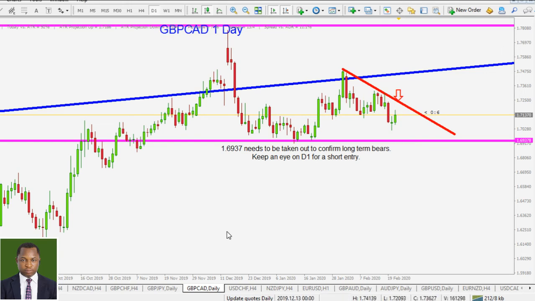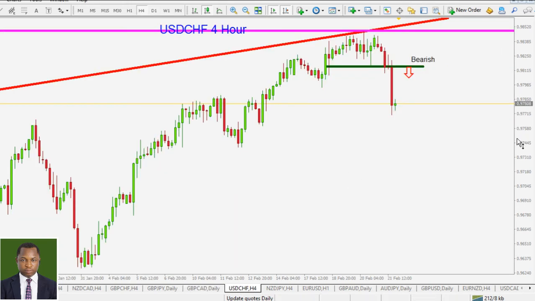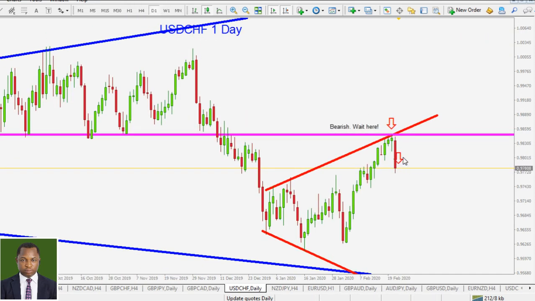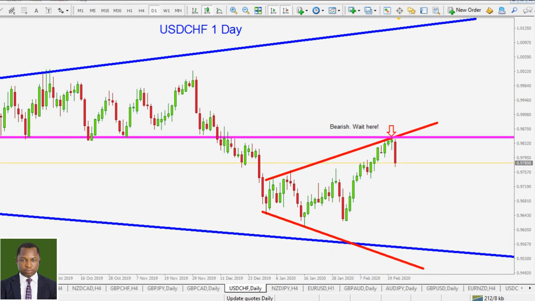All right, let's look at the American dollar against the Swiss franc. Last week, I had placed some arrows right here. In fact, we have overanalyzed this pair. The price is actually coming there to bounce off that area of resistance. We are absolutely bearish with the American dollar against the Swiss franc. We are hoping to see more downside in this pair, and so you want to keep searching for short opportunities